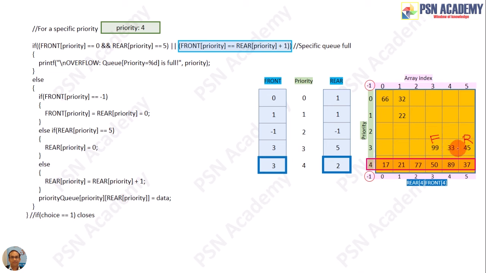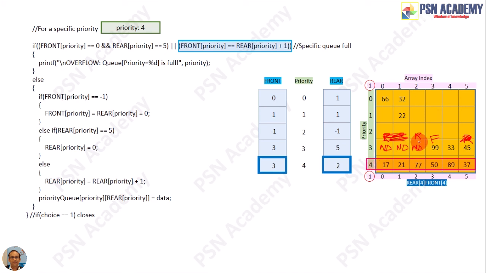Now when new data comes up, this rear moves from here to here and the new data will be there. Still there are 2 vacancies more. So you can increment rear over here for inserting another new data, and you can move your rear over here for inserting another new data.